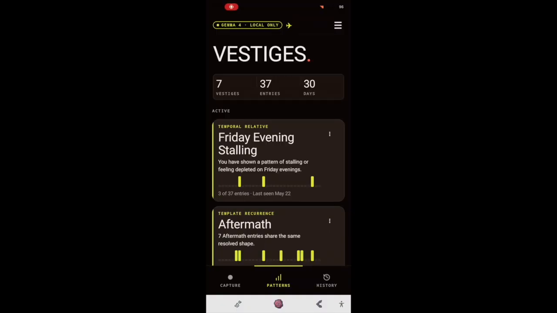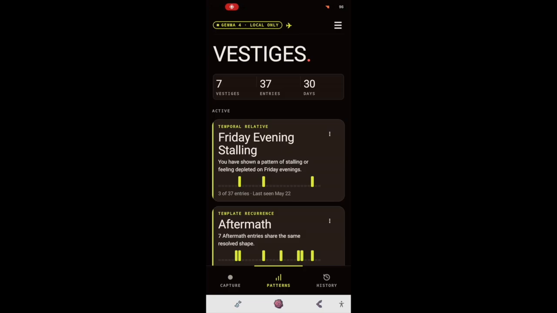And what Gemma is truly doing behind the scenes is identifying patterns across time. So it's not just a voice demo app. It's drop the voice note and then tell me what it is that I don't realize I'm actively doing over time. So by default, this is going to go back 30 days, which is the little graphs that you can